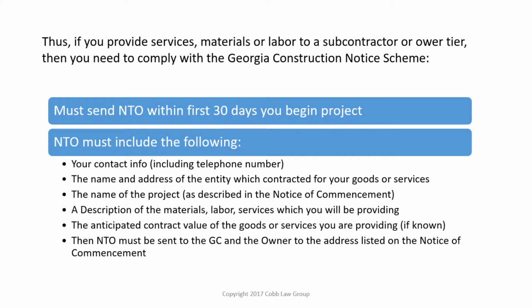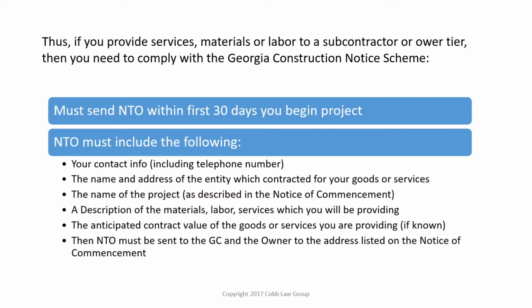They know who to be watching to make sure that the money gets down to you. The third thing is you have to have the name of the project. This gets a little tricky. You have to have the name of the project as identified in the notice of commencement. So it's a good idea to request or get a copy of the notice of commencement before you send the NTO, keeping in mind all this has to be done within the first 30 days that you begin on the